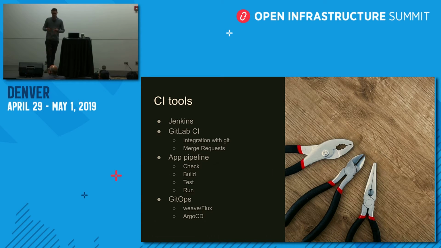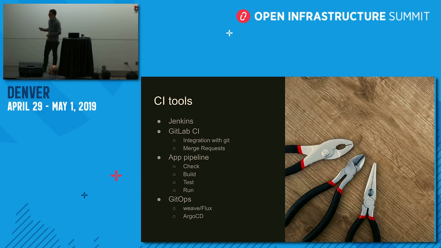And what's kind of important is to have a pipeline for your application to go in stages. So you're going to commit code, you're going to check this code you committed, you're going to build it, run some tests, and then you're going to run your code in staging, and then run your code in production. So this is a general pipeline, but use whatever is appropriate for your application. And it's important to run the tests so you can have confidence in your automation.